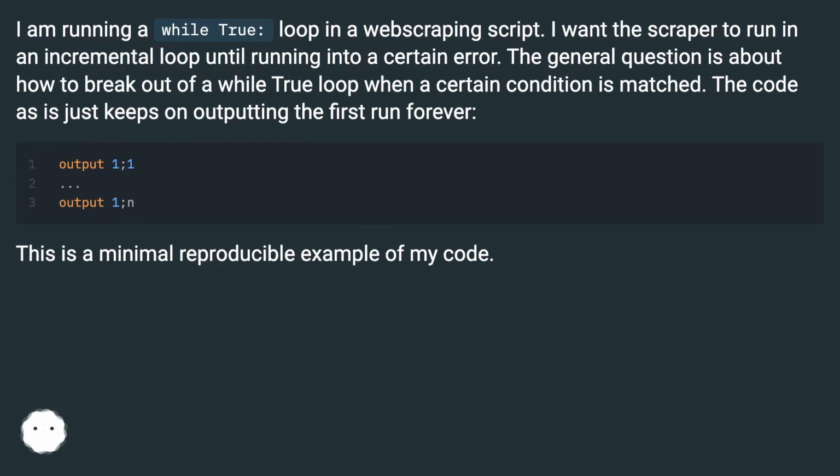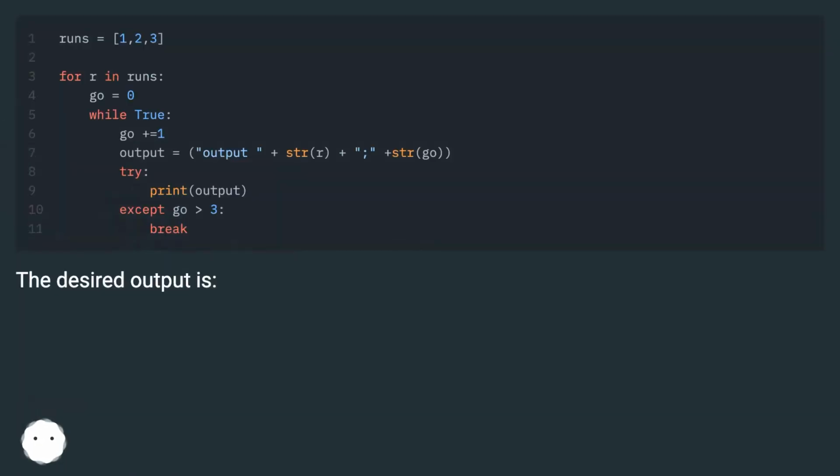This is a minimal reproducible example of my code. The desired output is